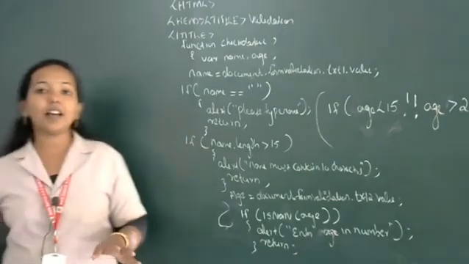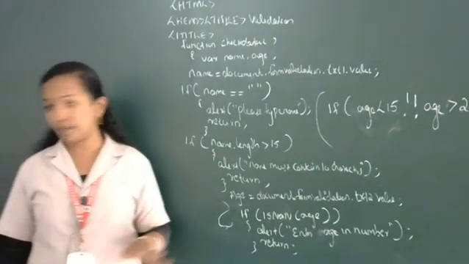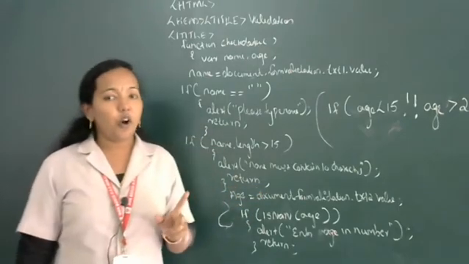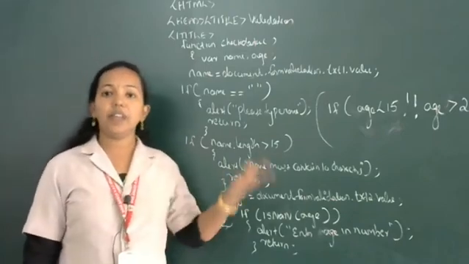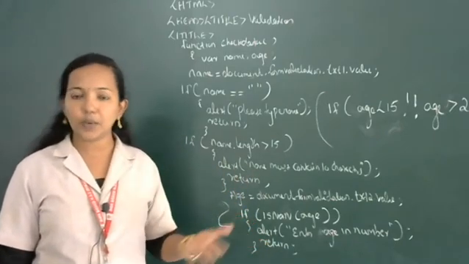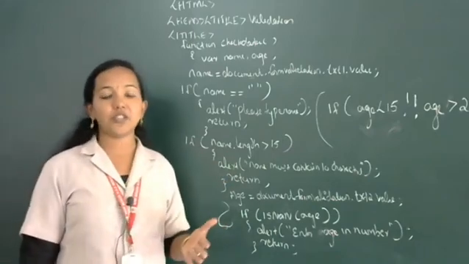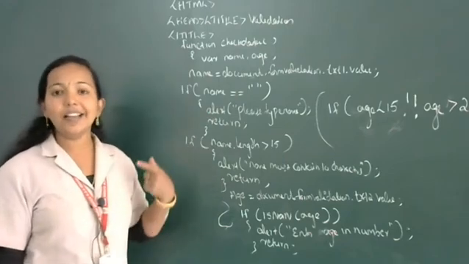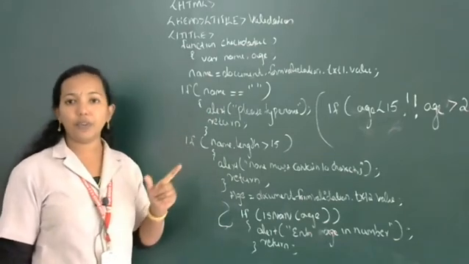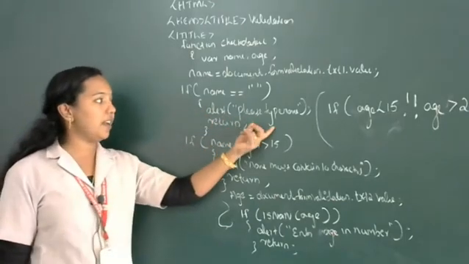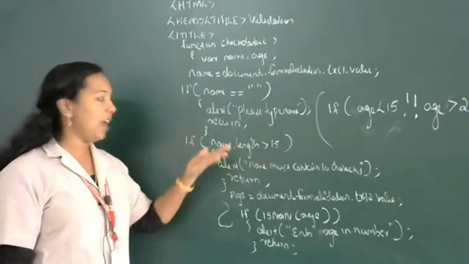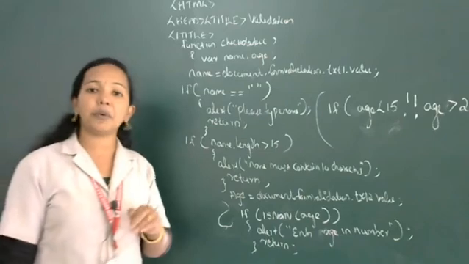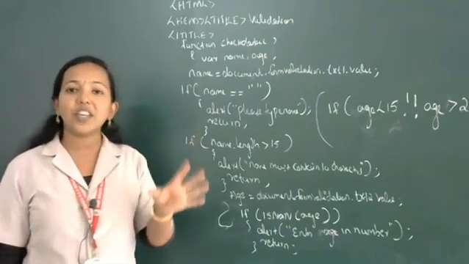Okay, so all these are known as validation statements for JavaScript. Especially we are performing validation while we are entering name, number or whatever information we are inserting into a JavaScript program. Always we are checking the validation statement. The first validation statement is, first we check whether the entered text box contains some amount of information or not. If it is not present, alert, please type name. After that, return statement. No need to close, because return means we are inside the program. We are not exiting from the program. We are just giving an alert message.